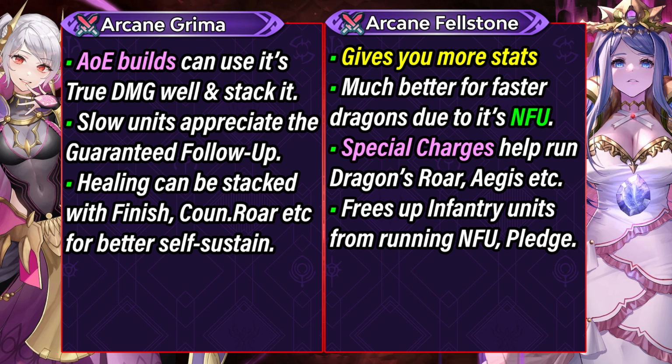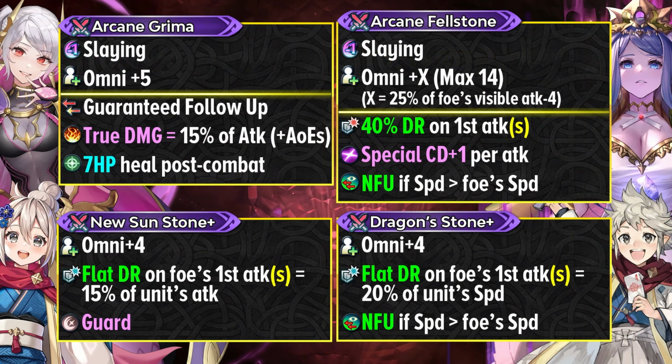And for the infantry units, they're going to be freed up from running any kind of null follow-up in their Sacred Seal or Slot B, and you also don't have to run any kind of pledge skill because the special charges are built in the weapon. Now, comparing these two weapons, Arcane Fellstone is obviously the better weapon, but we also have two incredibly good inheritable